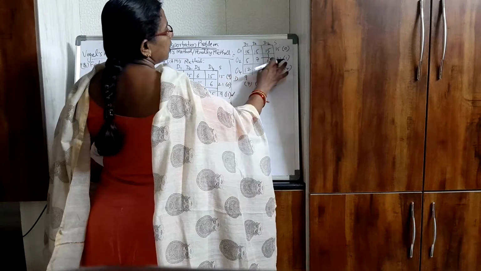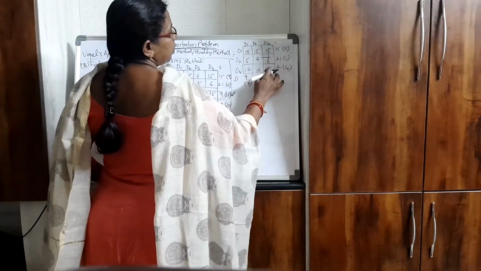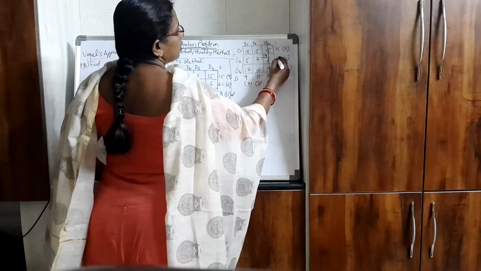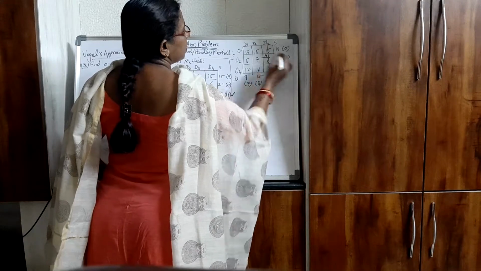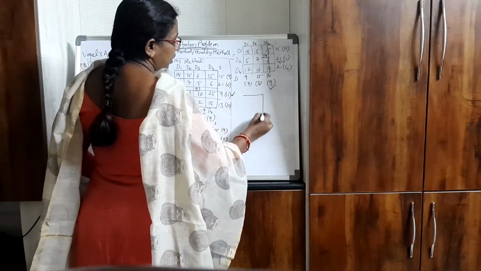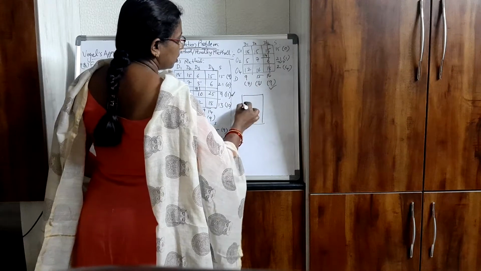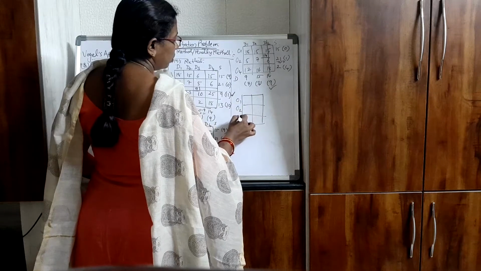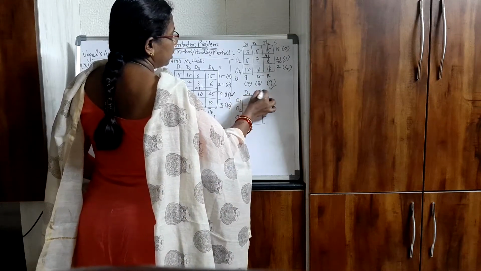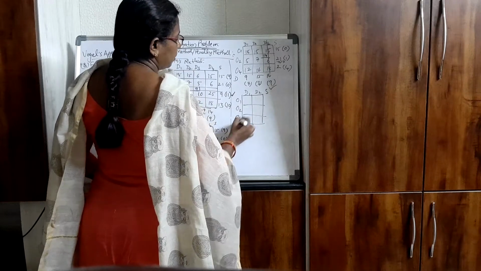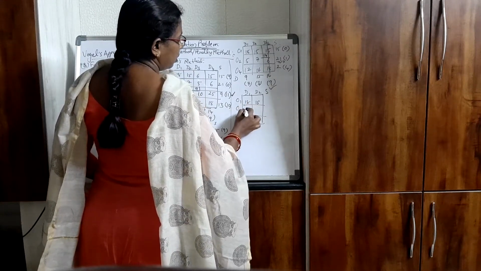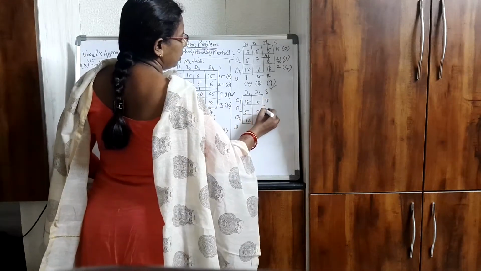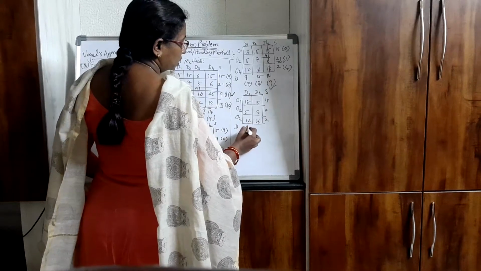Now corresponding to this 6, I have 21 and 14. Select minimum of this 21 and 14. So 14 is the minimum. So this column will get exhausted. 21 minus 14 will be 7. Now what is left over? Write that. I have 3 rows and 2 columns. So O1, O2 and O4, D1 and D2, supply and demand. So this is 18, 15, 5, 7, 12, 16. Here it is 15, 7, 2. Here it is 9 and 15.